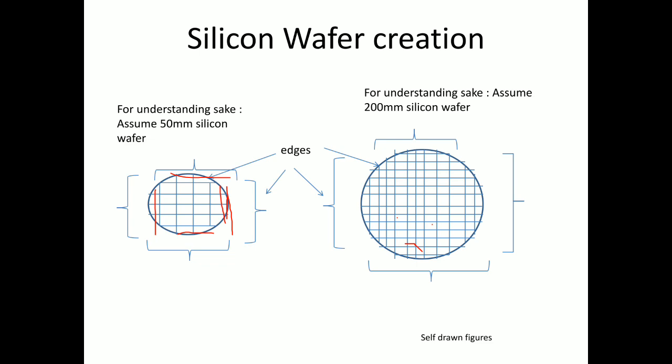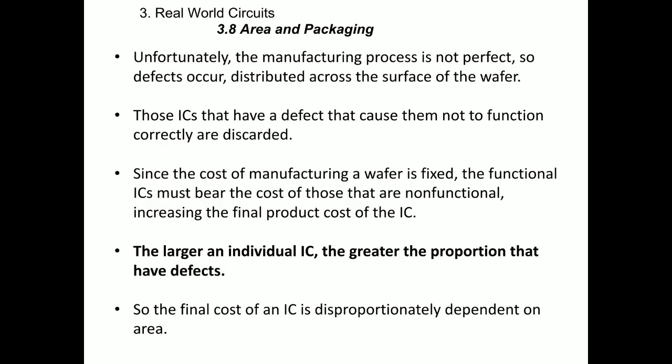Remember, when the IC size is less, we can manufacture many ICs in a single IC manufacturing process. By this we save the cost of the IC manufacturing process, and also we save the cost of the IC. How did we achieve this? By reducing the IC circuit area. By reducing the IC circuit area, we are able to manufacture many ICs in a one time process or a few time process. So this is how the circuit area of the IC plays an important role.